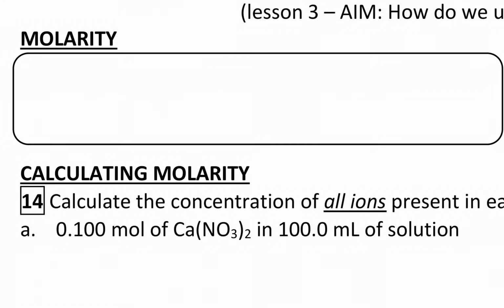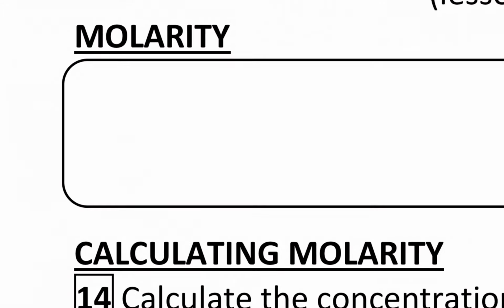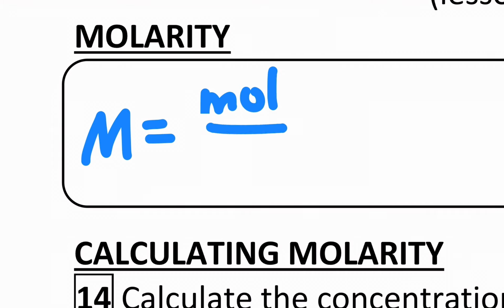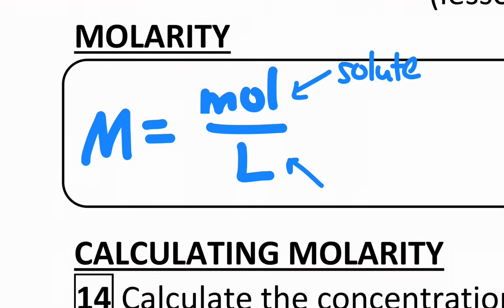Alright chemists, in this lesson we're going to look at how we use molarity as a unit of concentration when we talk about the stoichiometry in aqueous reactions. Molarity is defined as the moles of solute divided by the liters of solution. So that numerator refers to the solute. It's usually the minor component in a solution, and the liters is the entire